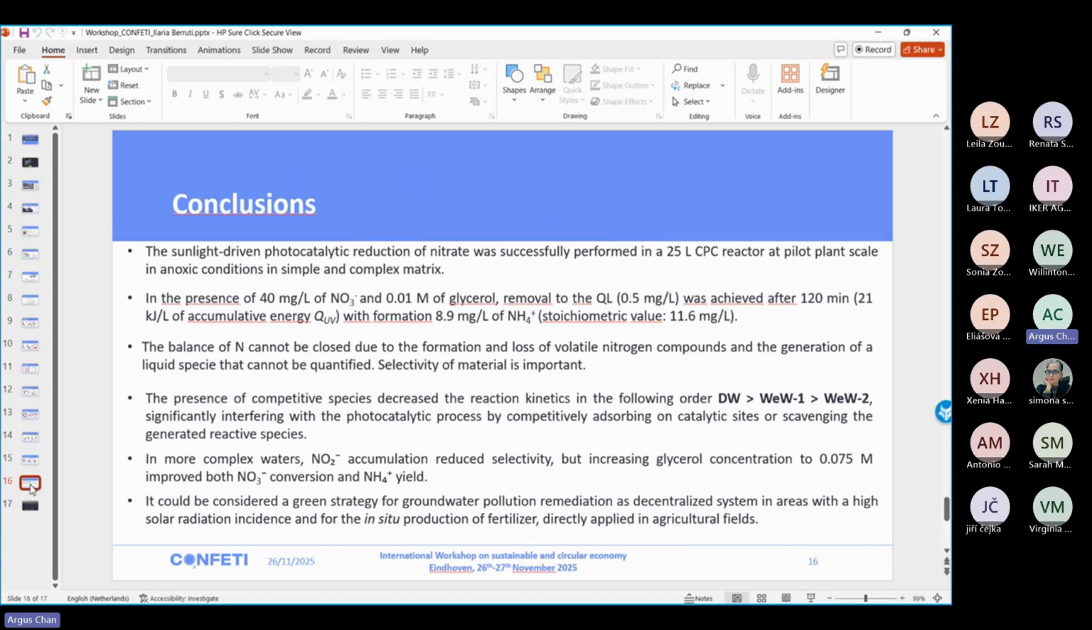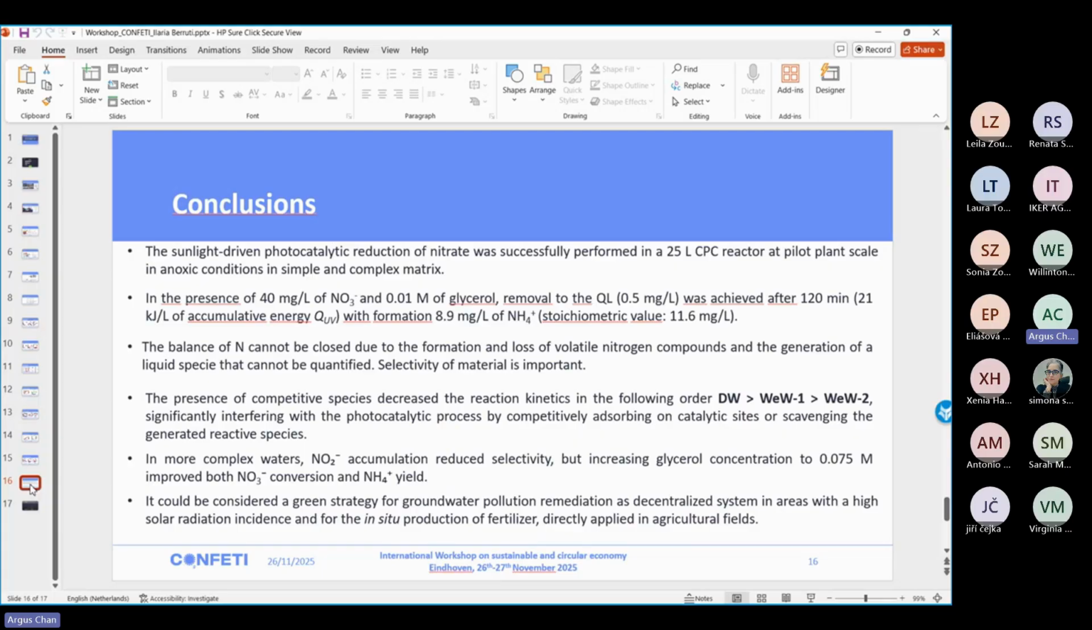And so just to conclude, we can see that the sunlight-driven photocatalytic reduction was successfully performed in a 25-liter compound parabolic collector reactor at pilot plant scale under natural solar radiation. In the presence of 40 milligrams per liter of nitrate, which was the optimal condition, we can observe that after 2 hours in the mineralized water, there was the formation of 9 milligrams per liter of ammonium. It was not possible to close the cycle, and